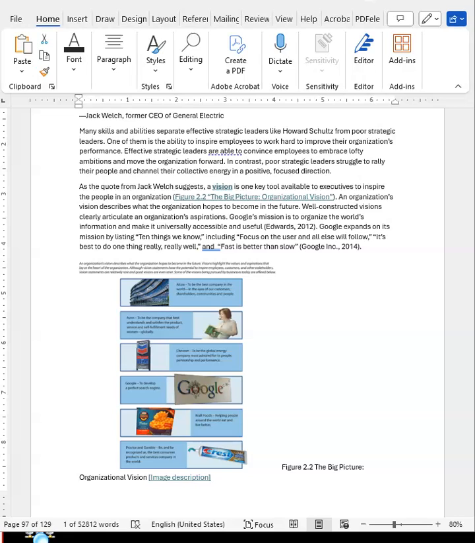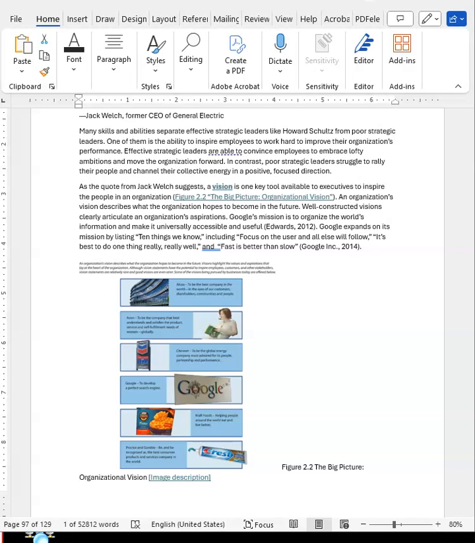One of them is the ability to inspire employees to work hard to improve their organization's performance. Effective strategic leaders are able to convince employees to embrace lofty ambitions and move the organization forward. In contrast, poor strategic leaders struggle to rally their people and channel their collective energy in a positive, focused direction. As the quote from Jack Welch suggests, a vision is one key tool available to executives to inspire the people